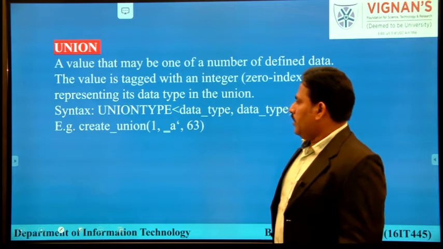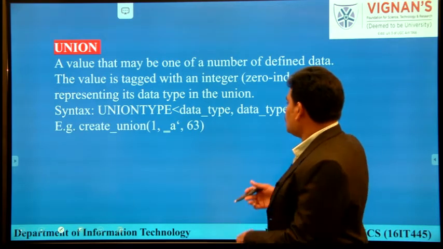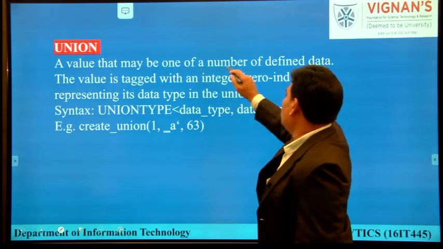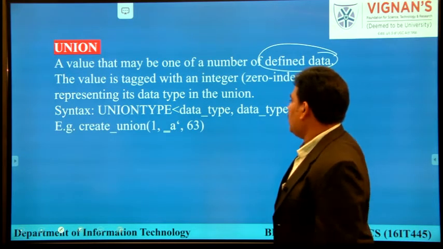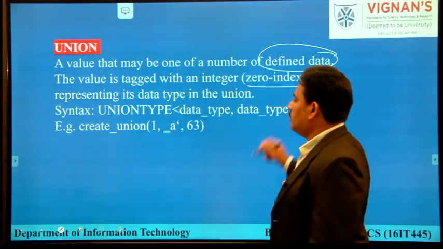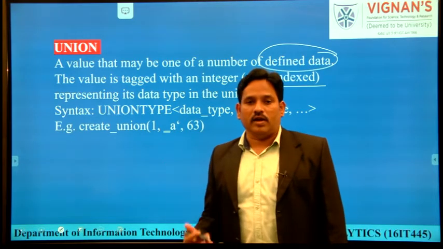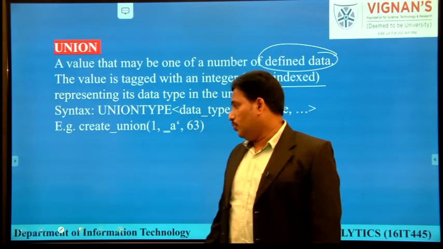When it comes to union, it is also like a structure, but it will store the same data type. That means a value that may be one of a number of defined data types. The value is tagged with an integer. It is a non-indexed value. So whenever you want to store multiple values of the same type, we can use union.